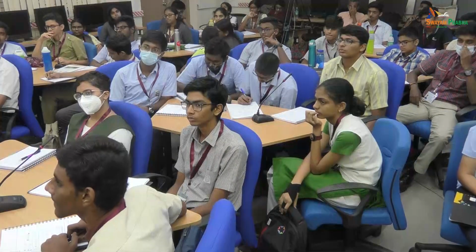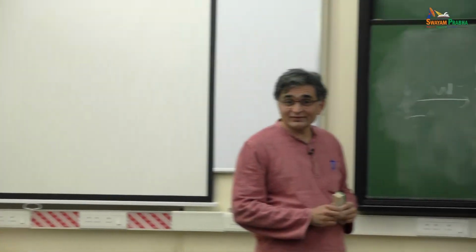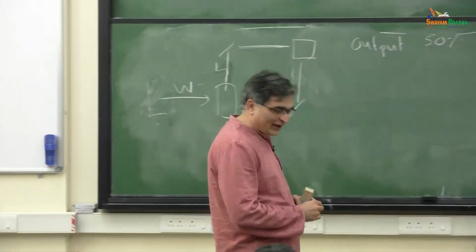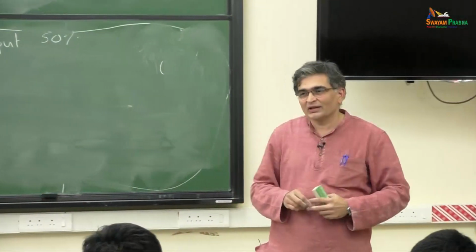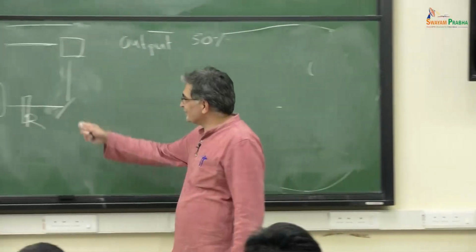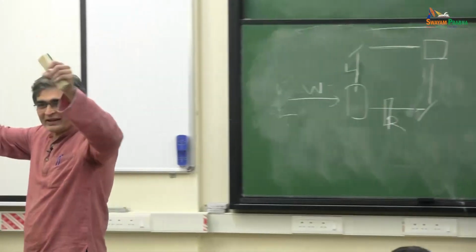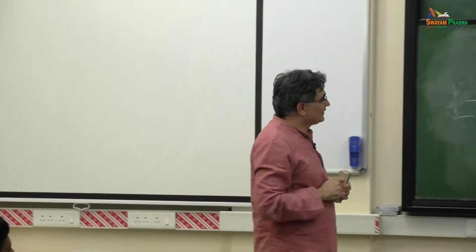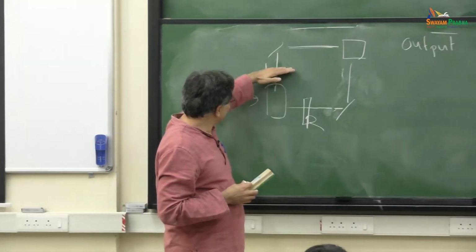So any guess which path the electron has taken? It has taken both paths. I claim that if you somehow block the experiment at some point and then measure, the electron is always found on this path or on this path, never found on both paths. It's not like the electron is splitting itself into two pieces and going. It's not been observed ever. This electron takes path L. So now if I had blocked here, then